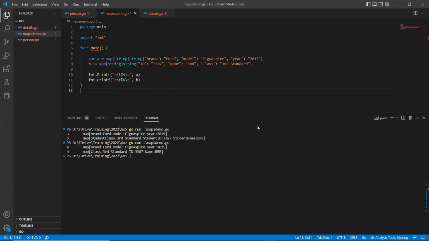So if you want to assign a value, or if you want to define a map, there is another way of defining it, which is the make function. Let me explain the make function here with some examples. Then you will understand what this make function is doing as part of the Go language. Okay, so going back to